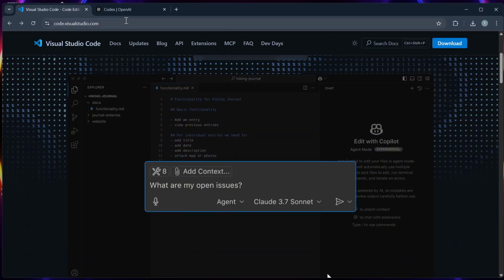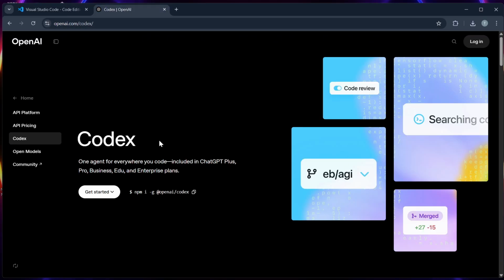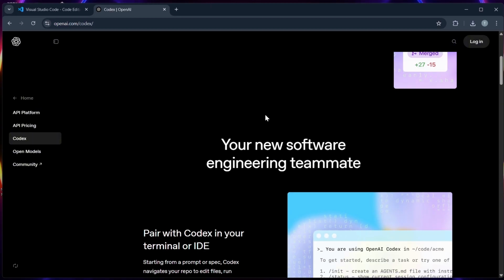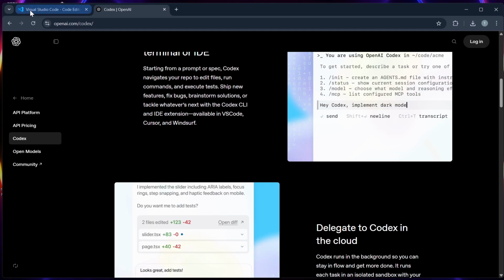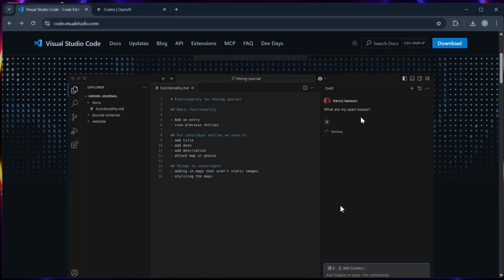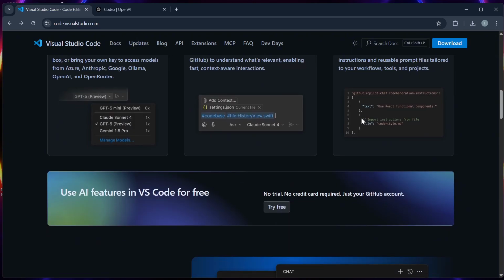Install the one linked to the OpenAI's official API. Step 3, sign up for an API account or OpenAI account and get your API key from the dashboard. Step 4, in your VS Code, open the extension setting and paste your API key to connect your AI Codex.